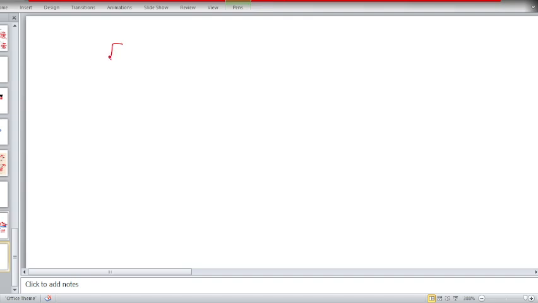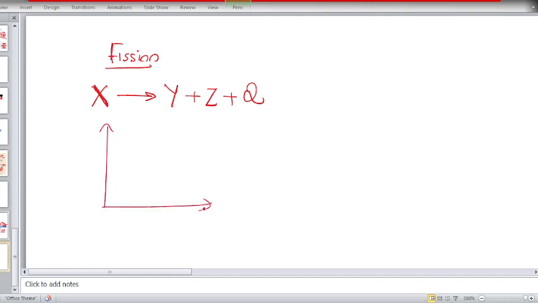So when you consider a fission process, you will have a heavy nucleus, let's say X, that will split into two lighter nuclei, let's say Y and Z, with the release of some energy. Basically, fission happens for heavy nuclei which have very low binding energy per nucleon. When you consider the binding energy per nucleon curve, we have already discussed all these things in the last class. The nuclei coming at the extreme end of that curve